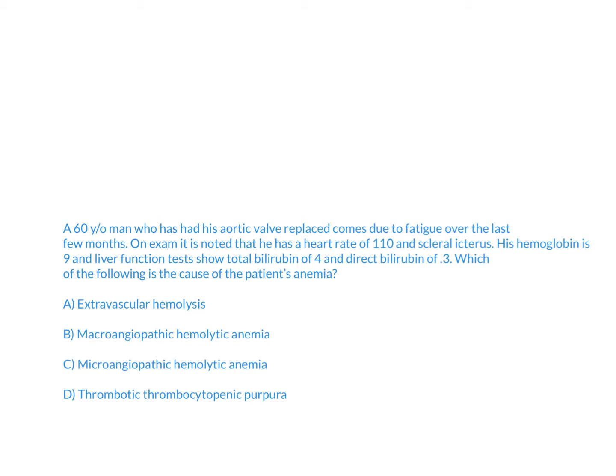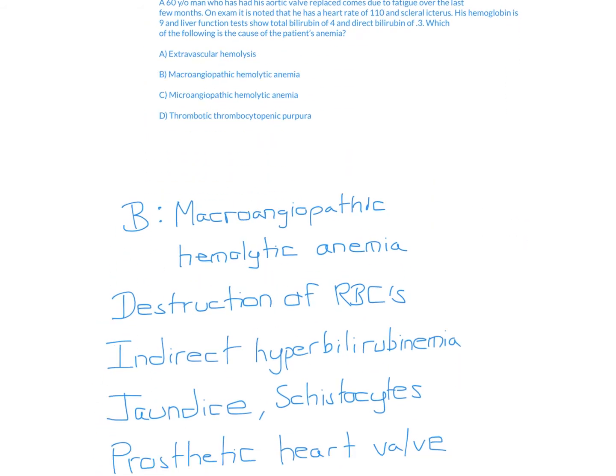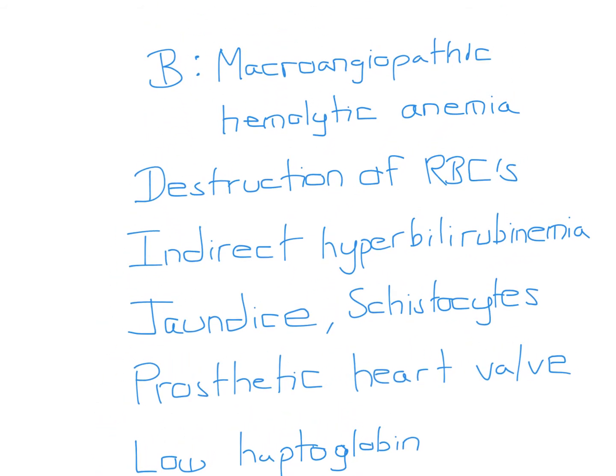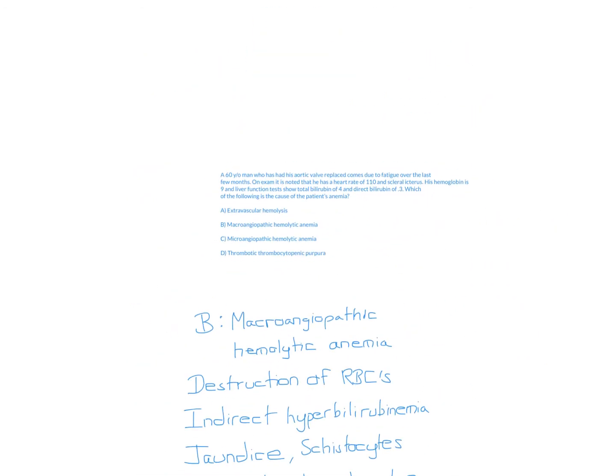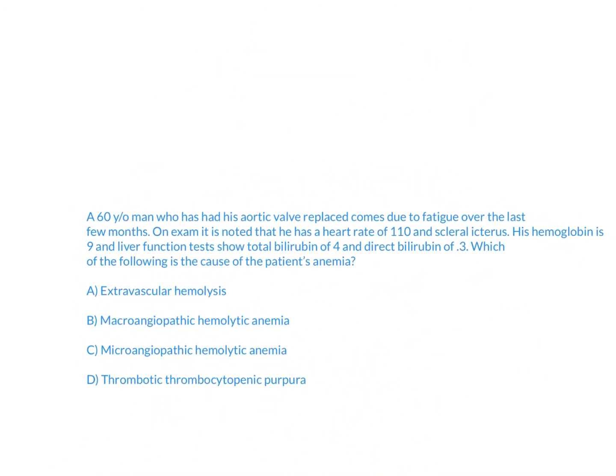Okay, so this is going to be B. Macroangiopathic hemolytic anemia. So for this question, essentially we have the destruction of red blood cells, and this is going to cause the symptom of jaundice through the indirect hyperbilirubinemia. And so this is shown by them giving you an elevated total bilirubin of 4 and then a direct bilirubin